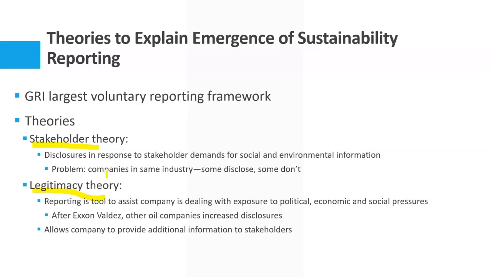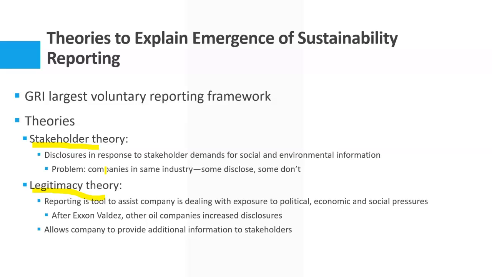But the major problem with this theory, considered apart from other motives, is that it failed to explain why firms from similar industries operating in the same geographic area provide different disclosures. So as I said just now, the reporting of CSR is very largely variant. The variance is very big.